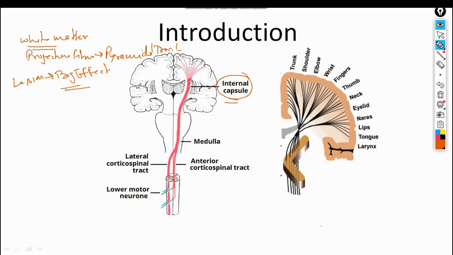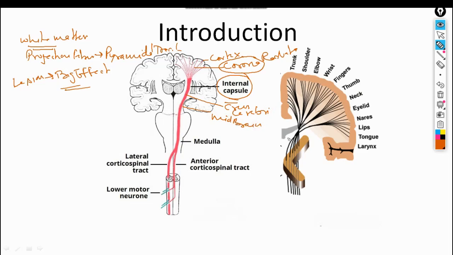Clear? In this internal capsule, we can see the fibers rostrally radiating in this manner, and finally they end here in this cortex. The fibers which are radiating rostrally are known as corona radiata, and these days you are frequently hearing this word corona. So this is the corona radiata here, and caudally this internal capsule is known as crus cerebri,